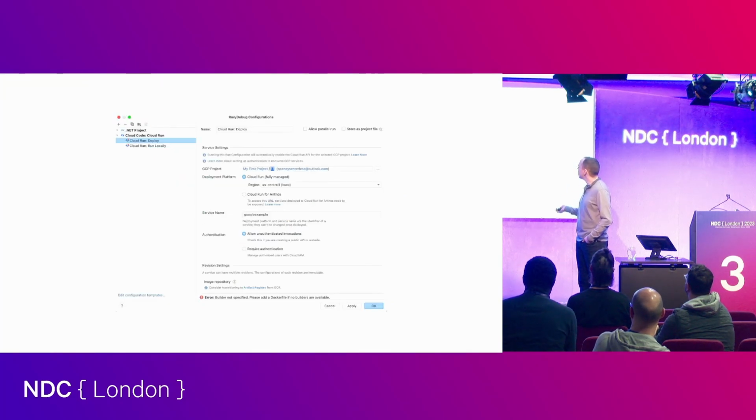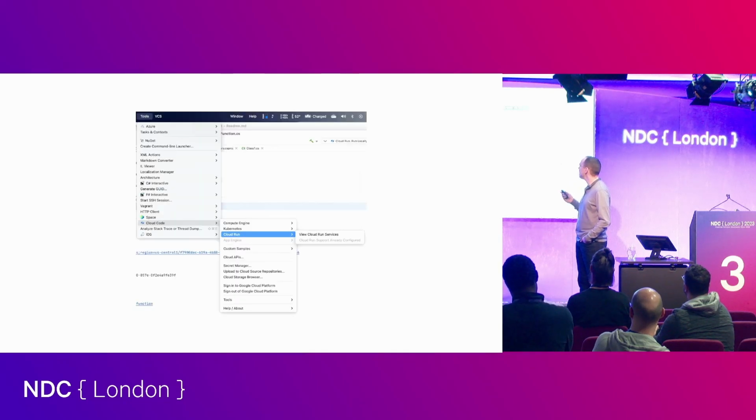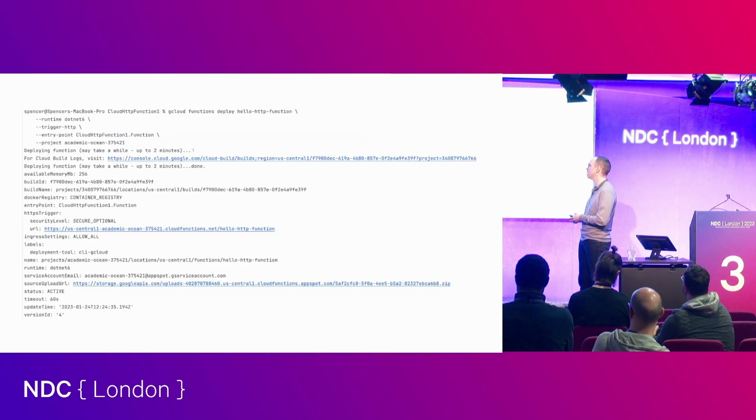And then I decided, hey, well, this is a template, so I'm going to look here and see what I get out of the box to deploy. I really wanted to deploy to Cloud Functions, but it really wanted me to deploy to Cloud Run. So I looked through their extension, and this is Rider, by the way, at this point. I forgot to say that I did switch over, if it wasn't obvious. And I was like, well, where's just deploying to Cloud Functions? So it's the tiniest little bit of friction. It's not that big a deal because, again, I'm comfortable with the command line.